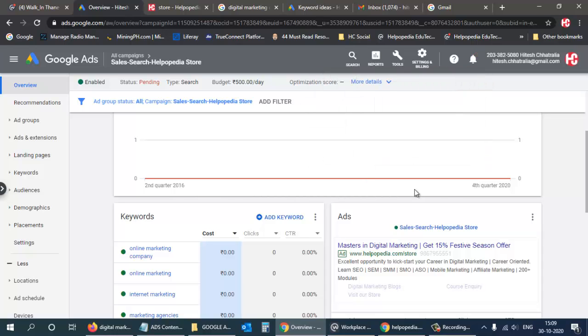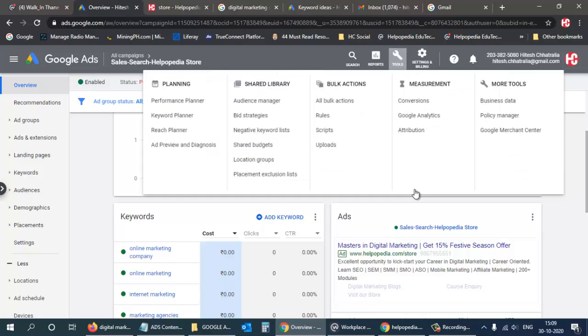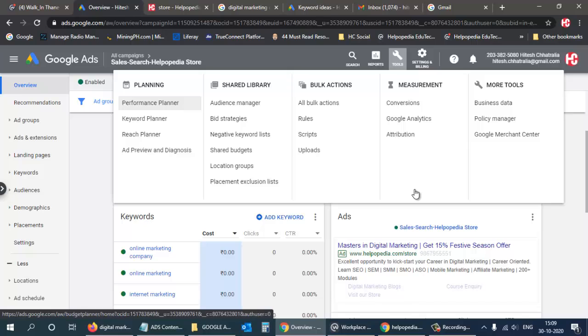So now say I have published my ad, but for that I need to add money to Google Ads. Unless and until I have money in my account, I cannot run my ads. So for that reason, what I need to do is